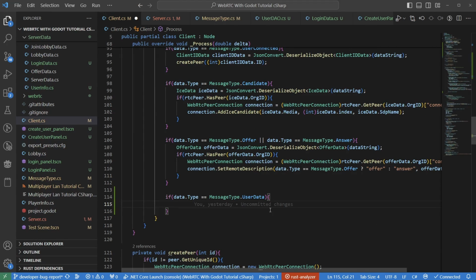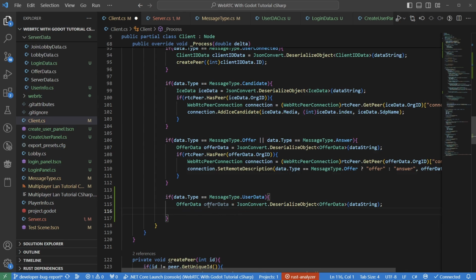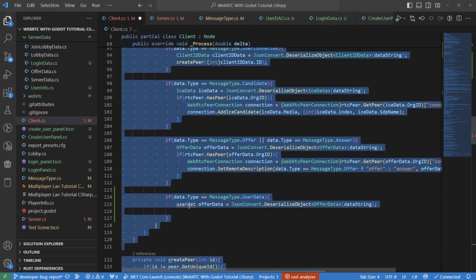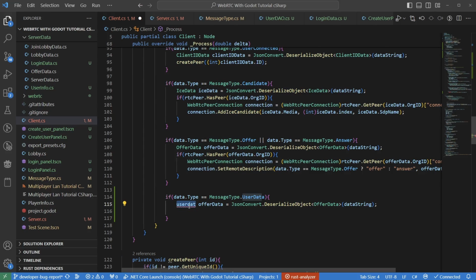We can JSON deserialize that data. So we'll just copy this page here, copy this, and say user data, or it's not user data, it's login data. So we'll say login data, like that,